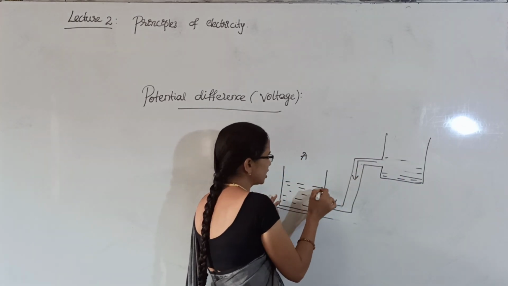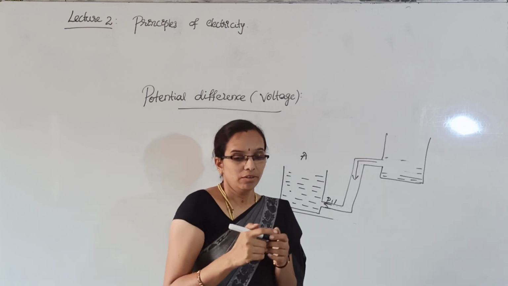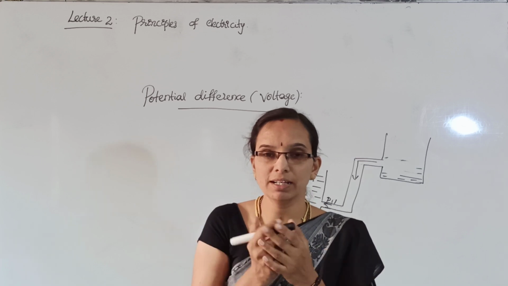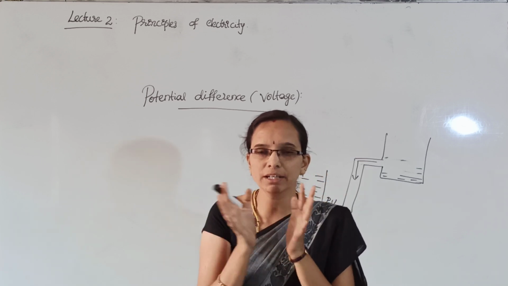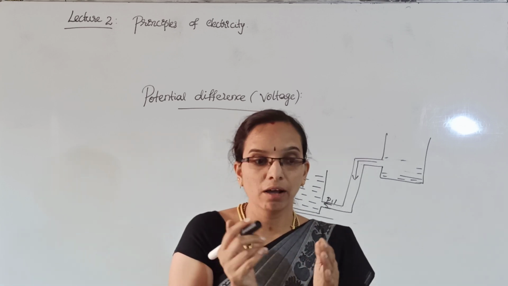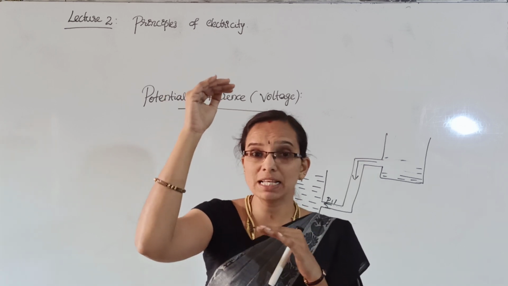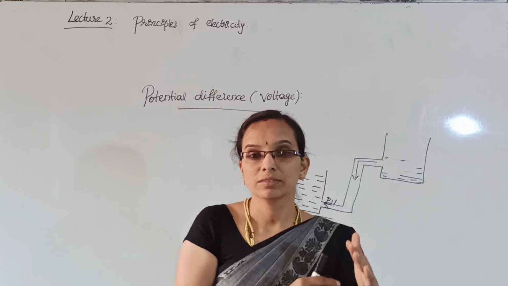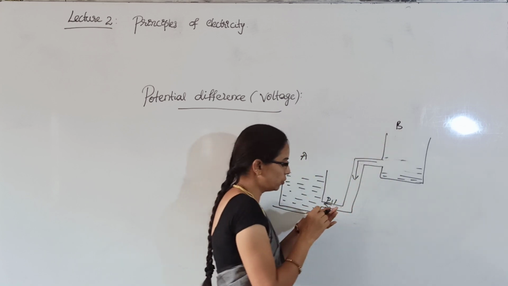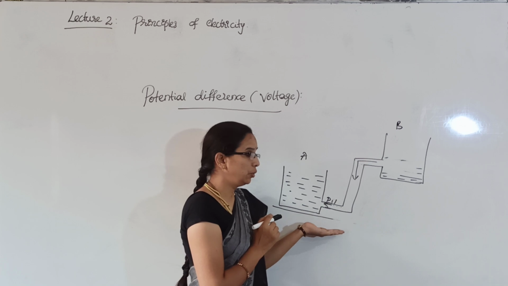Then the flow, you can expect a flow of water near to here. When I placed vessels A and B at the same level, whatever may be the quantity of water, the water will not flow. It will not depend on the quantity of water. Water will flow from the vessel which is placed at a height to vessel A. So the water will flow when you do some work.